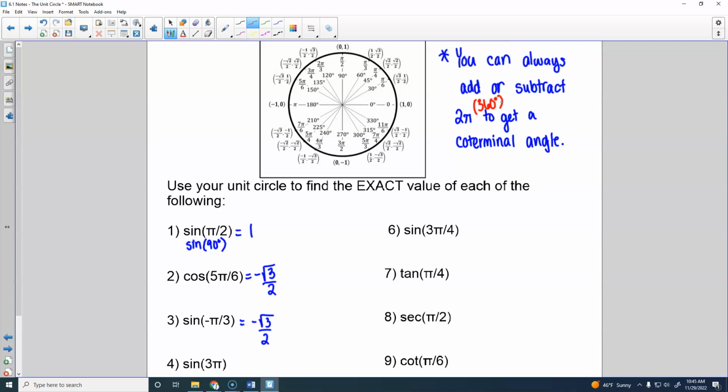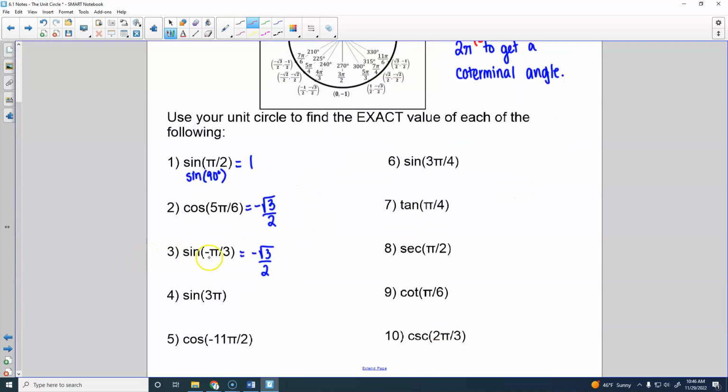It's the same thing when you're not dealing with degrees. When you're dealing with radians, 2 pi is a full rotation. So when we have values that are not on the unit circle, we can always add or subtract 2 pi. You may want to do it visually instead, but for example, negative pi over 3 is not on the unit circle. It's too small. It's negative. So I need to make it bigger so it will be on the unit circle. So if I add 2 pi,